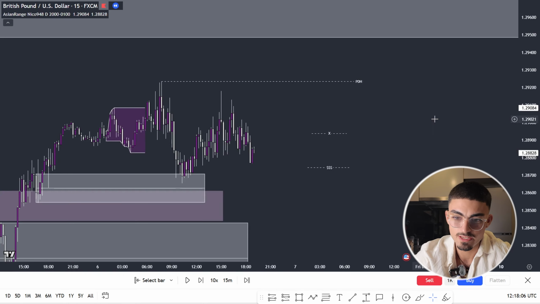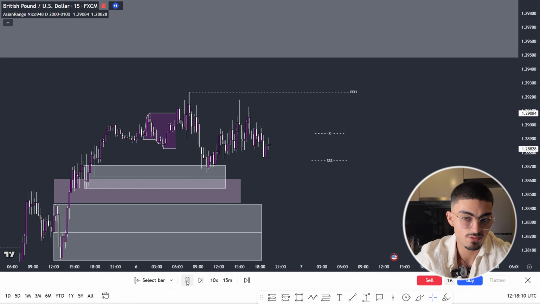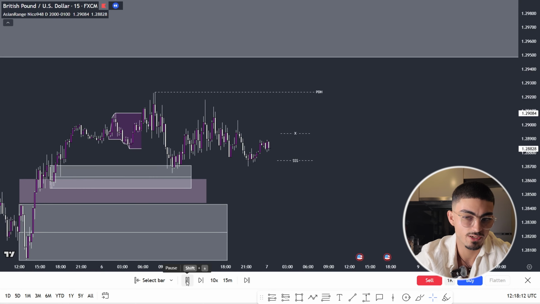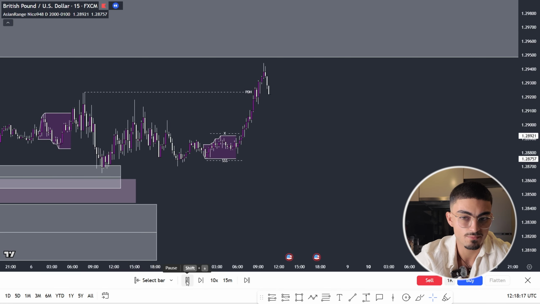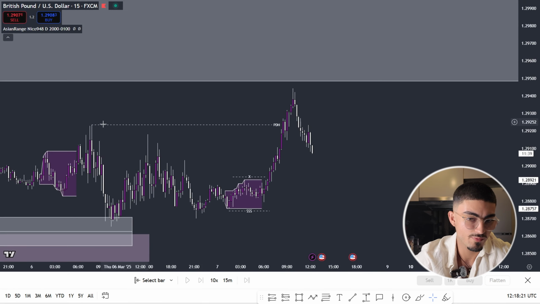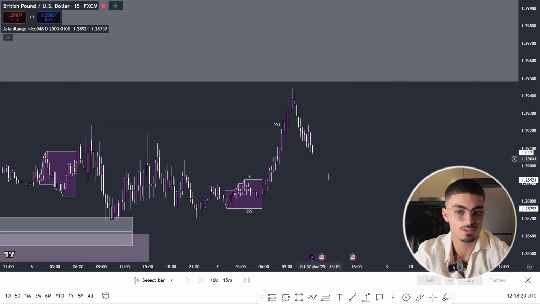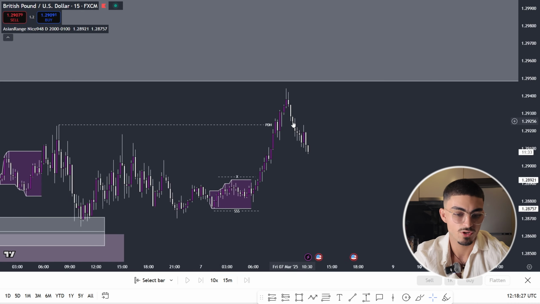Now, that basically leads us on to Friday. Today is Friday, today's NFP day. And as you guys obviously know, I wouldn't be trading NFP day. There's no point. When it's high impact news, it's best to just come off the charts. And as you can see right here, it looks like we've taken out the previous day high and now we are starting to see a move down. However, I didn't want to take a sell here because it was NFP.